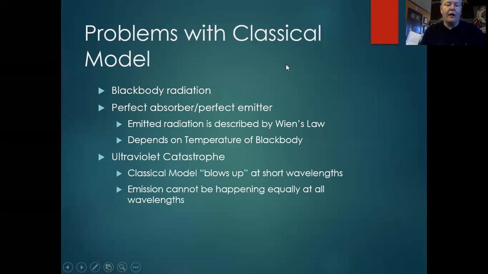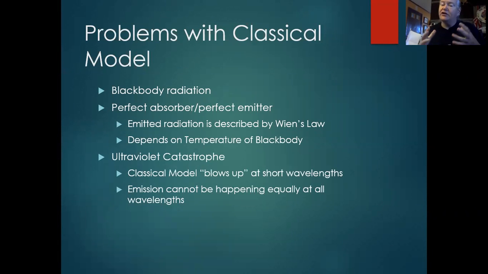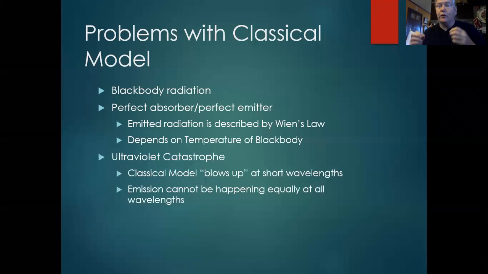Okay, so the other thing that describes a black body is called the Stefan-Boltzmann law, and that describes how intense radiation is from it, so how bright. And what the Stefan-Boltzmann law said is as the temperature increased, you took the temperature and you took it to the fourth power, and that told you the brightness. So in other words, as the temperature goes up, things get really bright really fast.